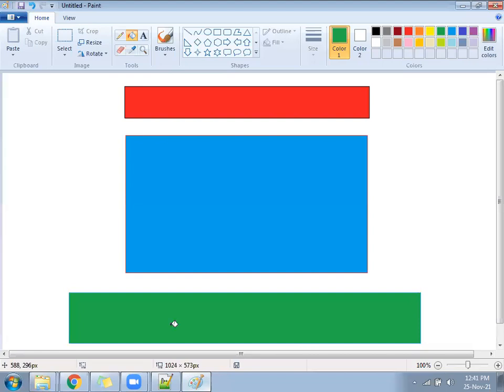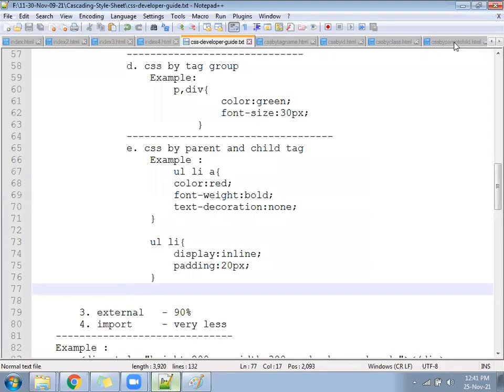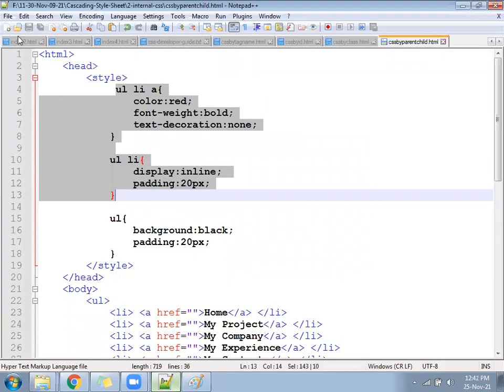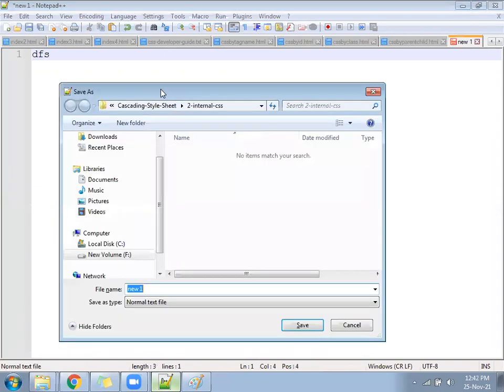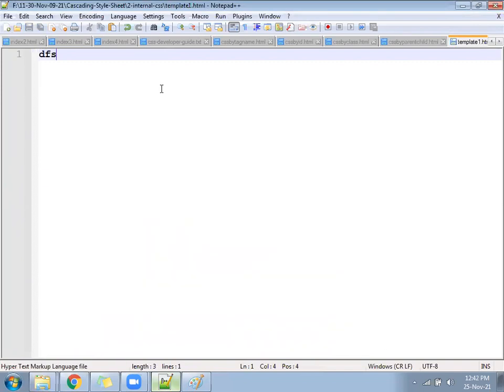Done. Okay, let me write now also. So the file we have created is called template1.html. How many divisions are required in that? 3 divisions.